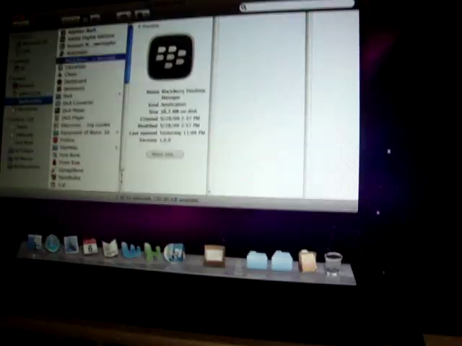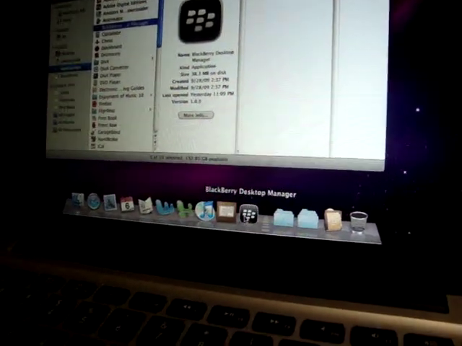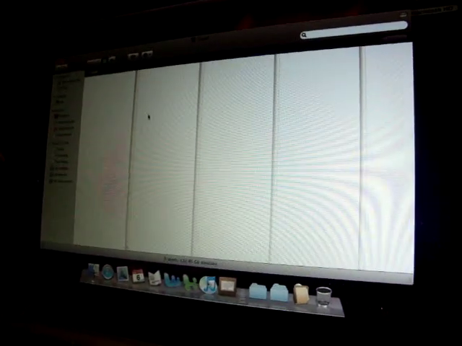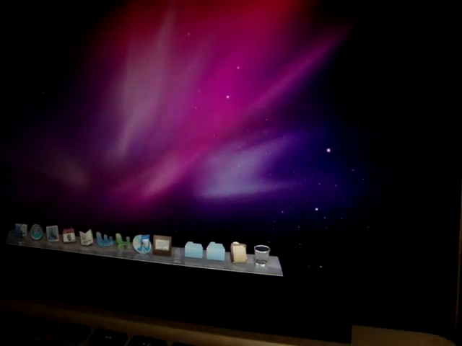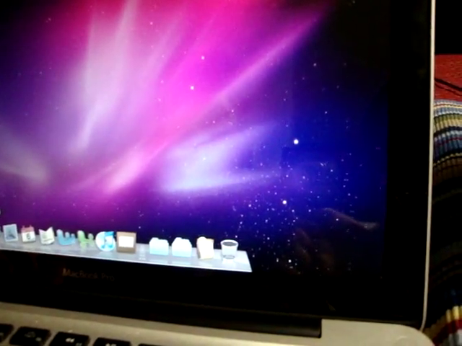I can even move it within the dock wherever I want it. And if I want to remove it from the dock, I simply just throw it in the trash can. There's nothing in the trash can, it just simply removes it from the dock. Really easy. Another similarity I noticed from Windows 7 is the way that it has